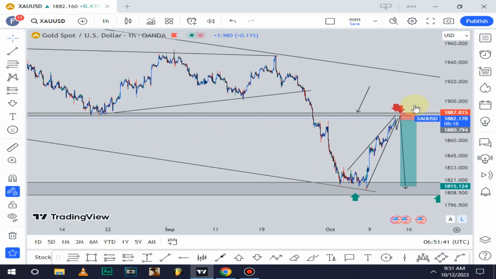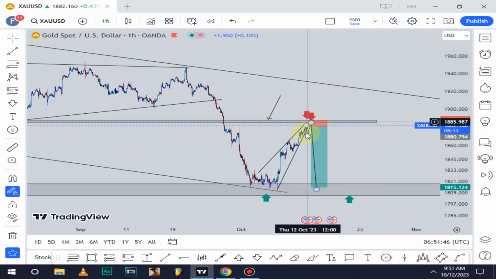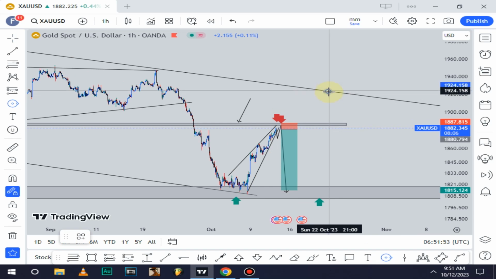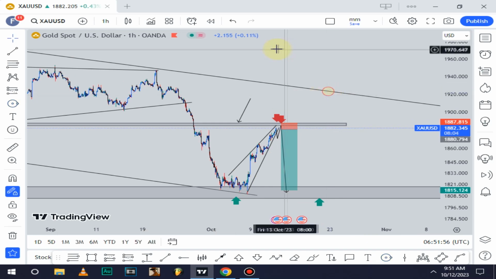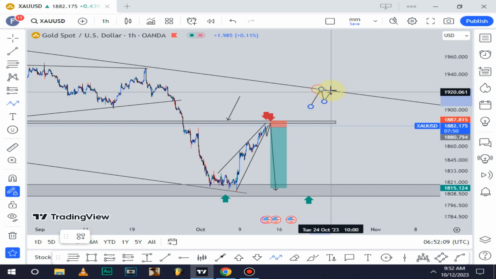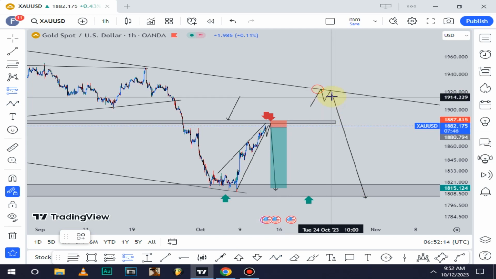So if that does not happen and gold continues going up the way it's currently doing, then this is the zone to watch out for. This resistance over here, that is where our golden zone should be. So we need to see how price will react around this zone. So this is what we need to see. Maybe price continues coming up, then now we need a bounce off that zone, then price goes back to give us a reversal pattern, then that is when we should take our shot, just like that. Okay,